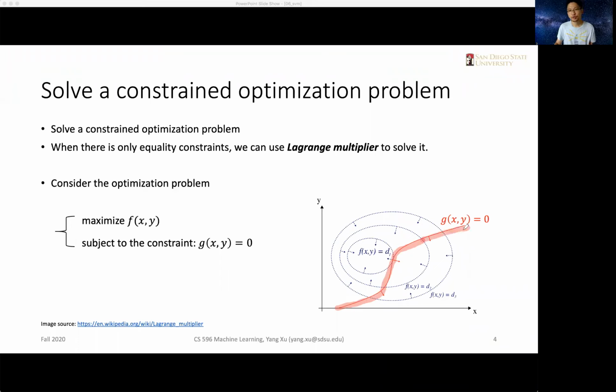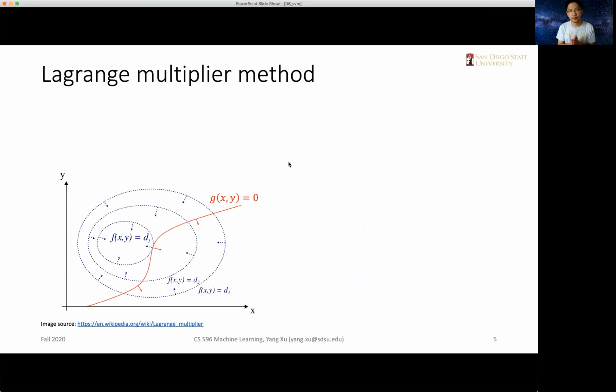So that is the basic layout of the problem. And the intuition behind the Lagrange multiplier method is that if we reach a maximum point of the f function,